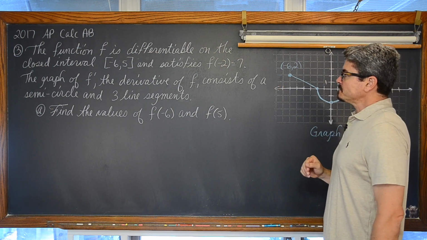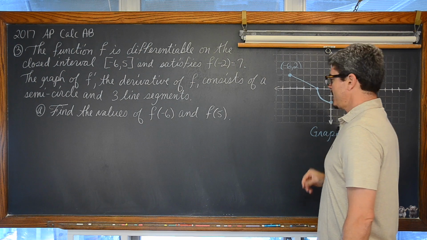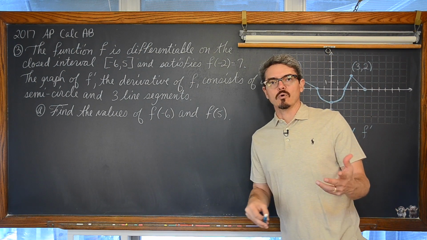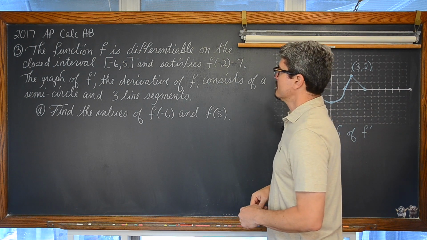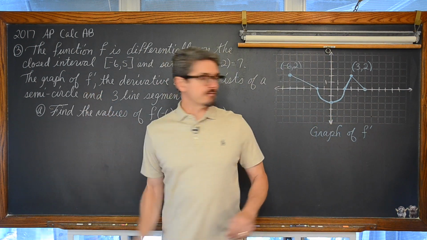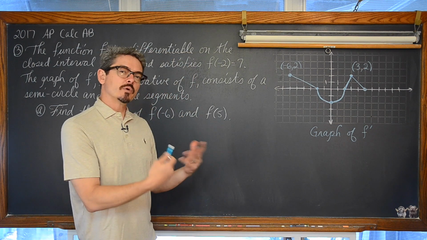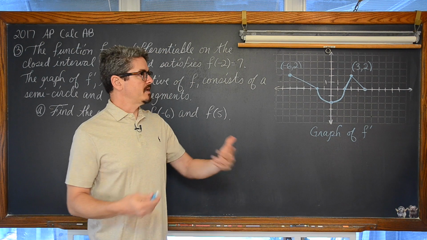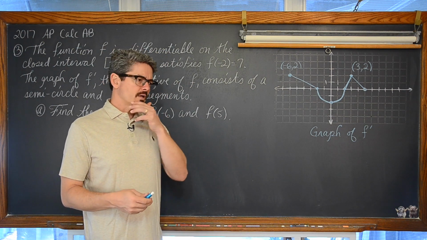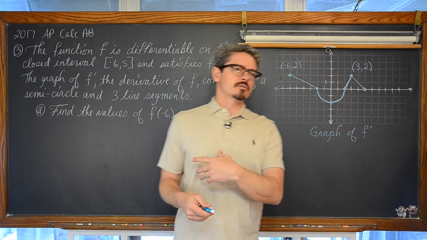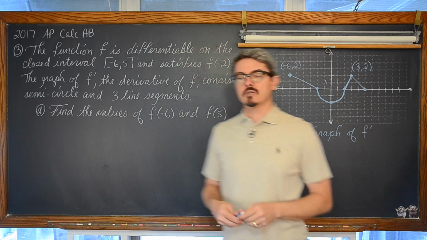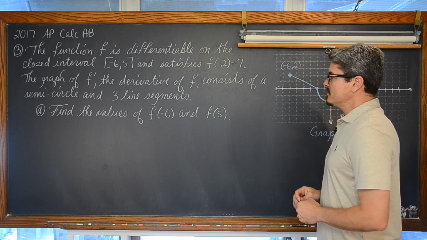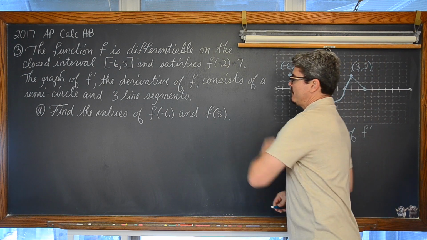And make sure you understand, they didn't change the notations on us on this one, and they like to do this more and more with their modern exams. If they use a couple of different function names, make sure you realize that there's a relationship. Like if you see that g of x is the derivative of f of x, make sure you make that footnote somewhere in your work. For here it says find the values of f of -6 and f of 5.